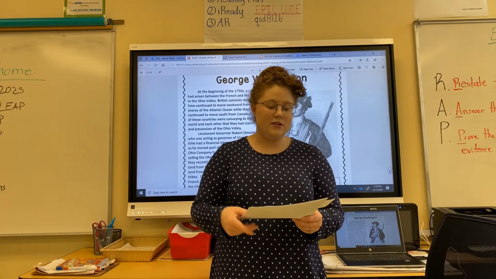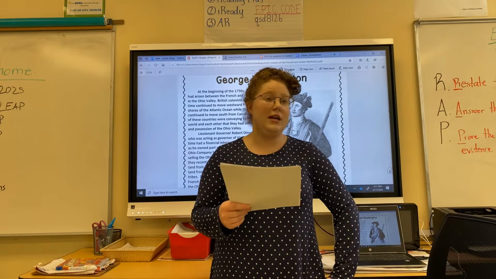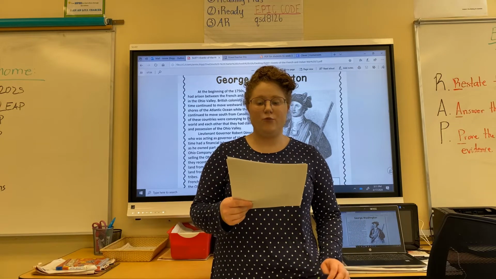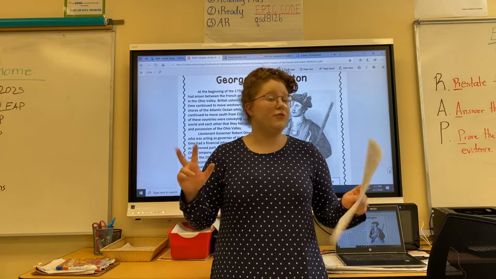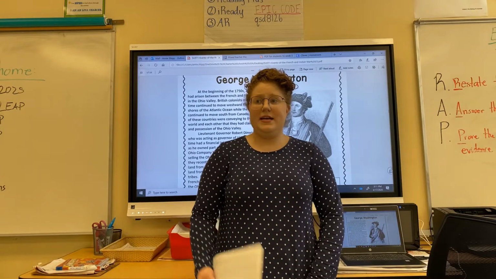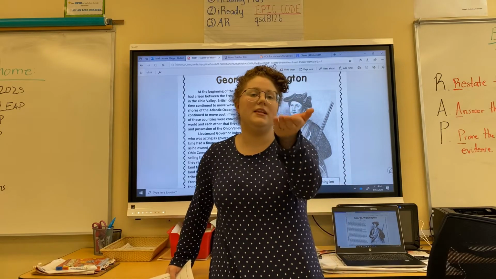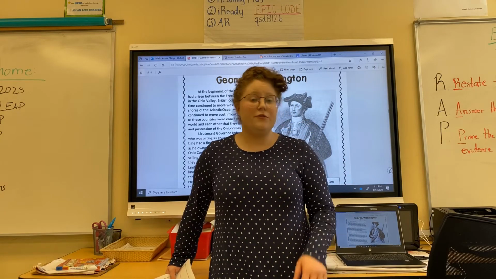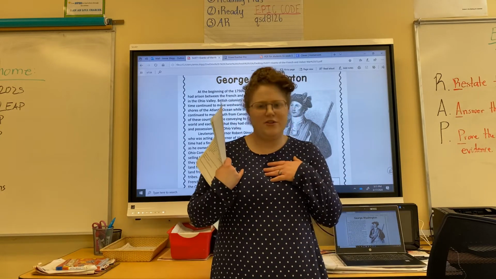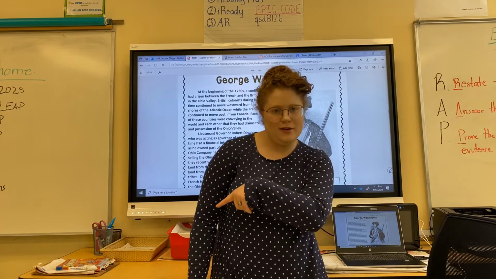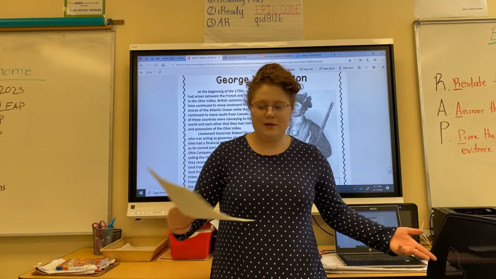The commander told Washington that he could not make this decision and that he had to go to the next fort, Fort Le Boeuf. While interacting with the French, Washington took note about the fort and how many forces were located there. So the first French fort he got to, he looked at how many men were there, what supplies they had, and he handed him the letter saying, hey, we need you to leave. Well, the French guy in charge at the fort was like, I don't know if I can answer anything about this letter. You have to go to the next one. And so George Washington was like, all right. So he went to the next French fort, Fort Le Boeuf.